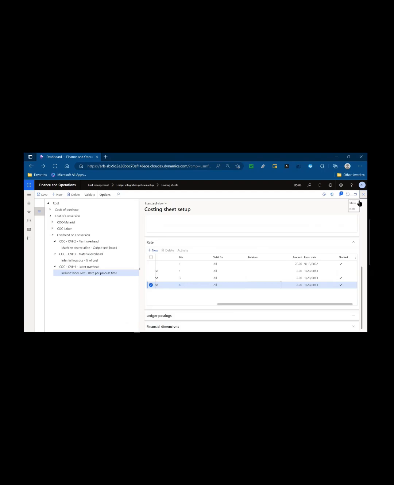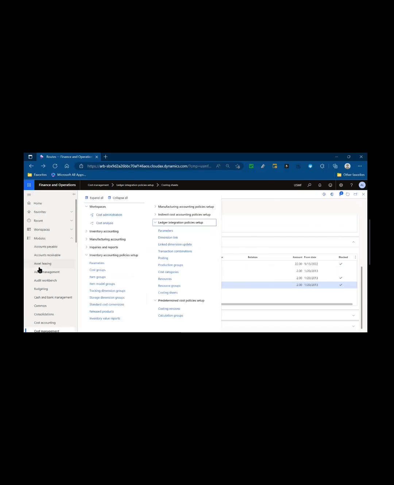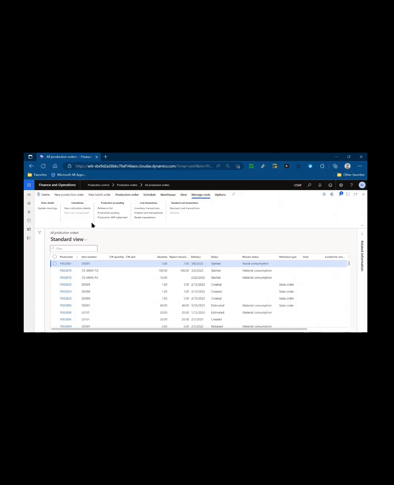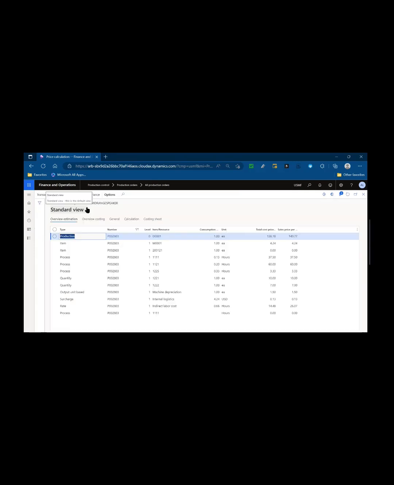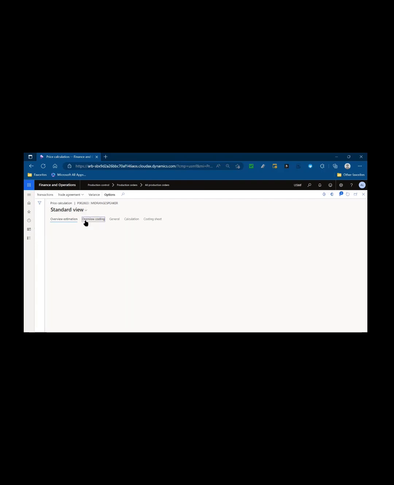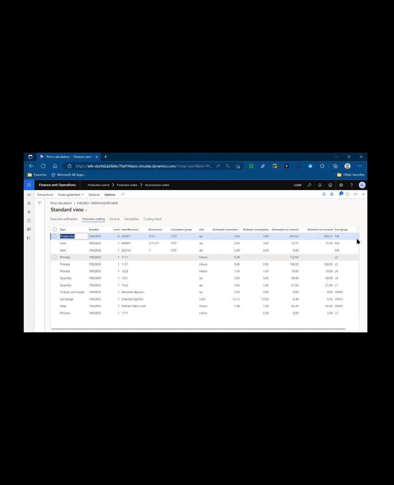So that's all well and good. We've looked at the setup, but what does it mean in reality? What does it mean when I'm looking at a production order? So we'll take all production orders, and we'll pull up an example of a production order that's been fully ended. And under manage costs, if we view the calculation details, the overview costing, you can actually see the cost group associated with all of these lines of costs